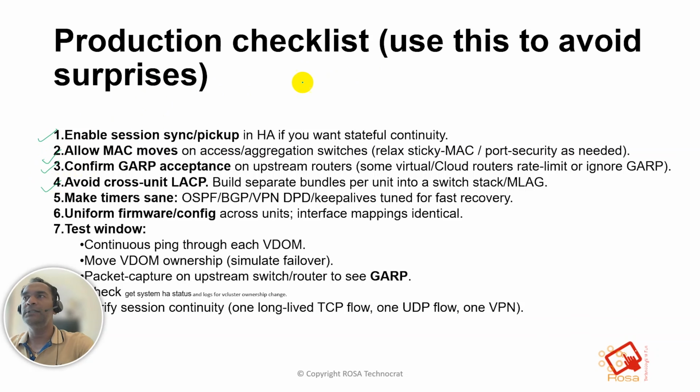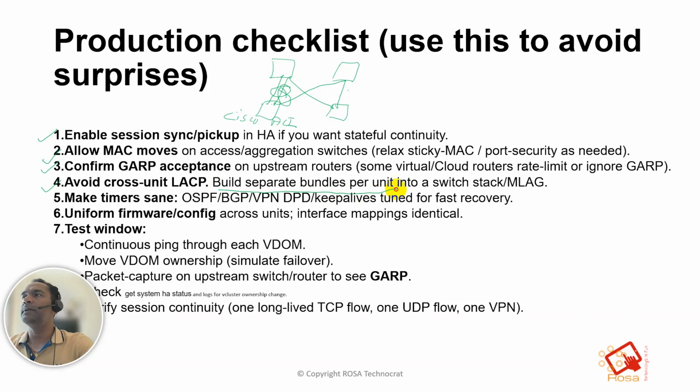Avoid cross-unit LACP. Cross-unit LACP means one FortiGate, another FortiGate, and a switch, so avoid these kinds of LACP. FortiGate supports this better, and it is even supported if you have something like Cisco ACI or devices that support LACP across devices' legs. In those cases it's supported, but otherwise make it a straight leg rather than a cross-unit LACP.